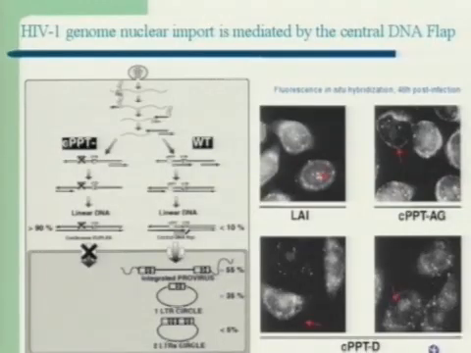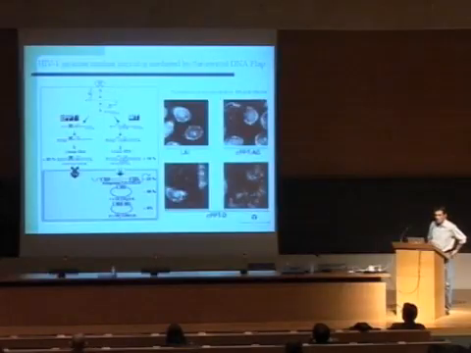Mutations in the cis-active sequences responsible for the central DNA flap formation, such as cPPT, lead to the formation of linear DNA devoid of central DNA flap. The mutations severely impair virus infectivity. And to summarize in a single slide 10 years of research: in contrast to wild-type virus, whose linear DNA is almost entirely imported into the nucleus and integrates or circularizes,